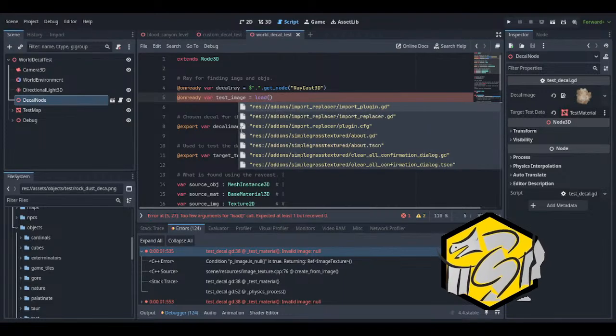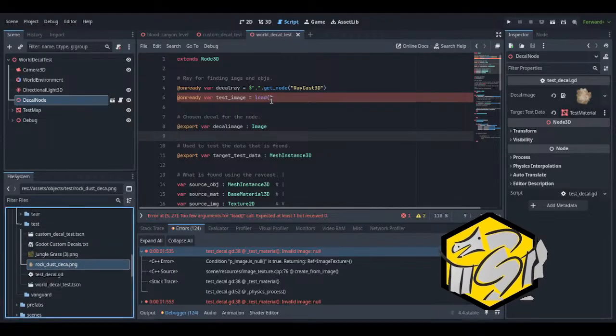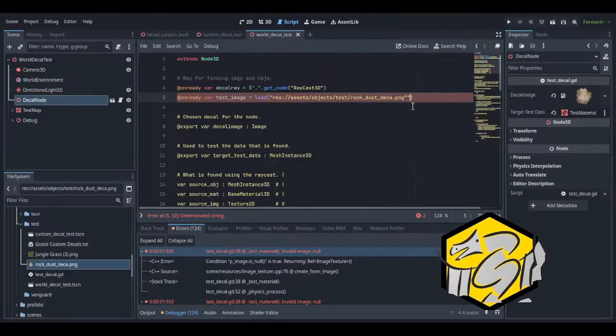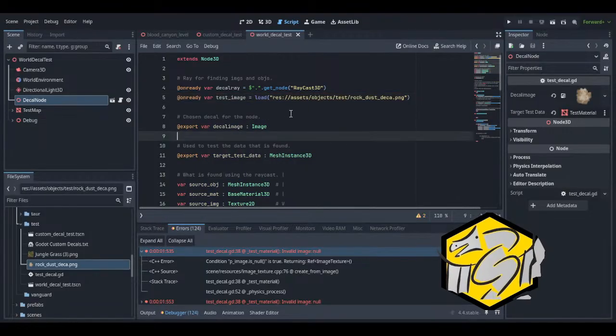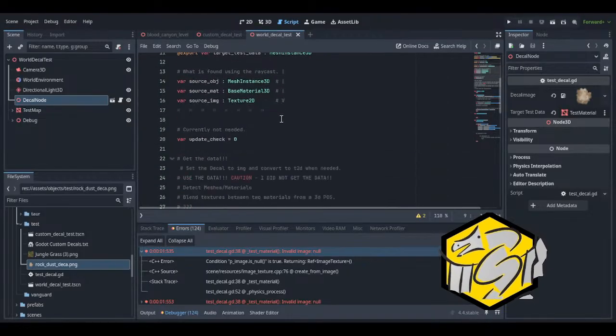Load, and then I will grab the path. There. And instead of using decal image, we're going to use test image.